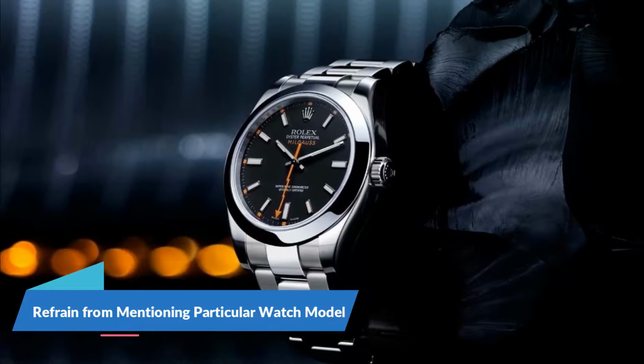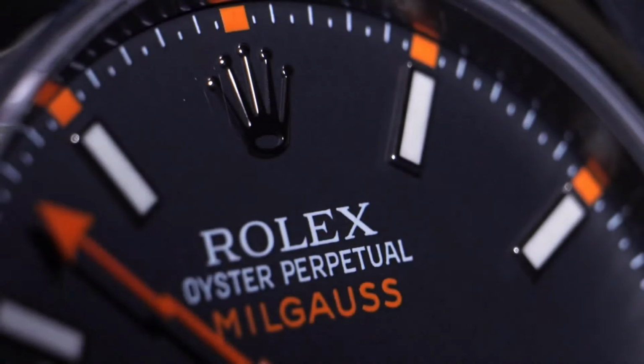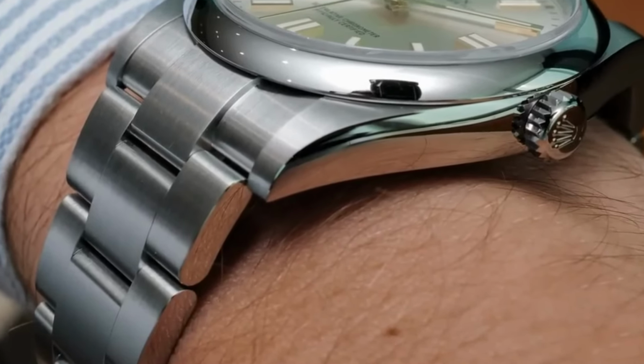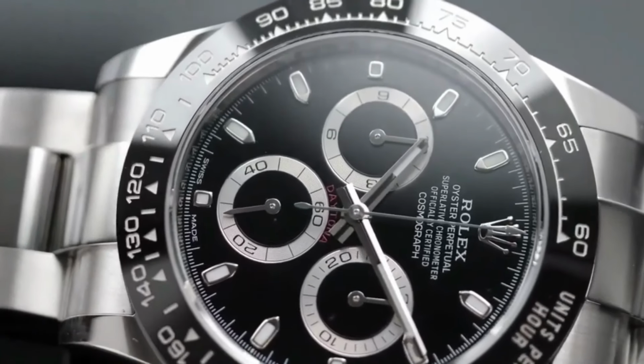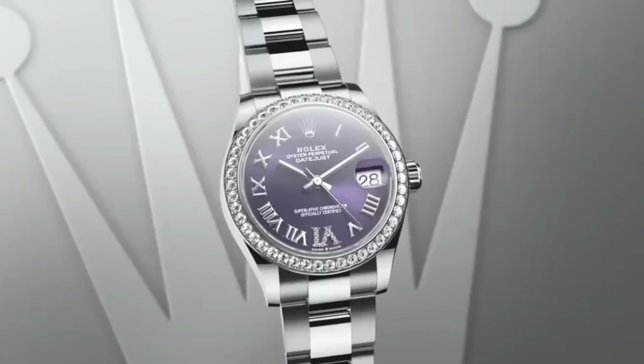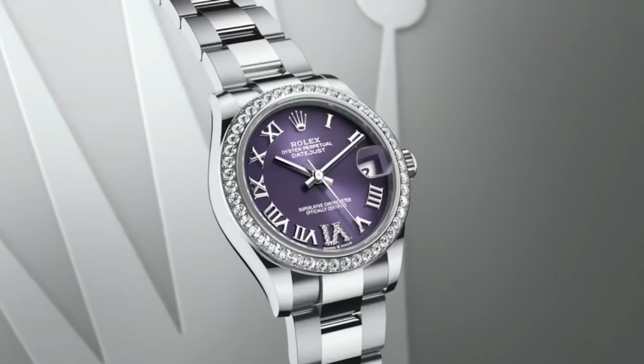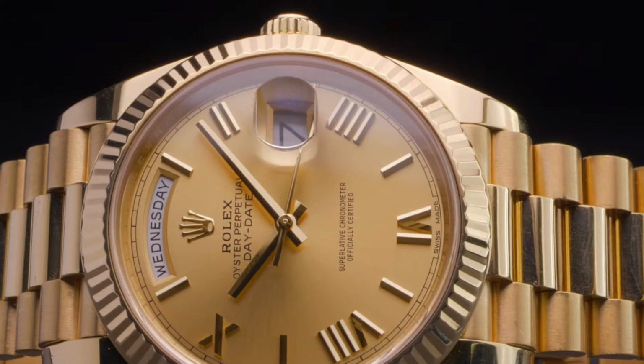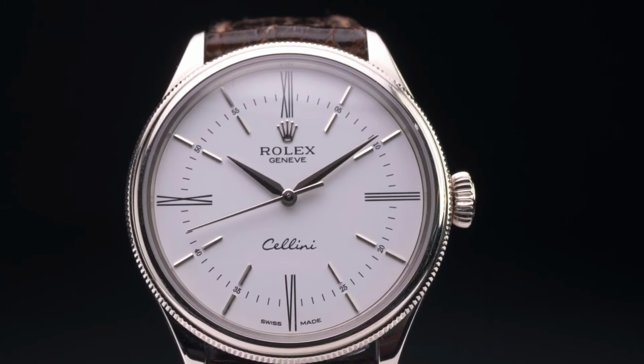Refrain from mentioning a particular watch model. When the staff inevitably asks how they can assist you or if you are looking for anything specific, refrain from mentioning a particular watch. Instead, take the opportunity to share more about yourself. Describe your interests, hobbies, and plans, providing them with insights into your personality. By doing so, you enable them to make a more informed assessment of the type of person you are,